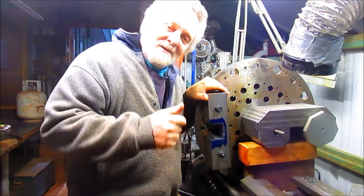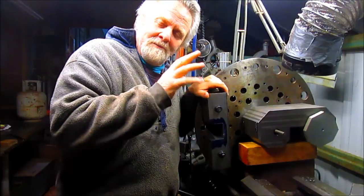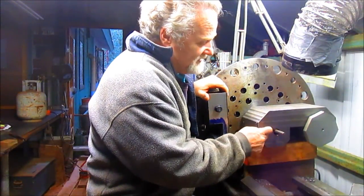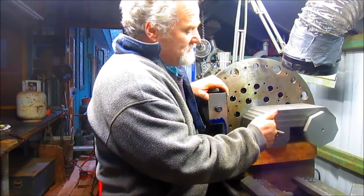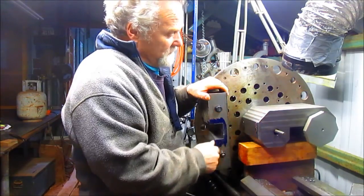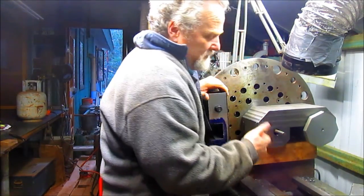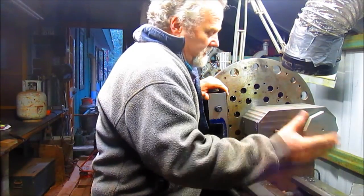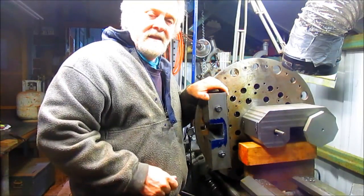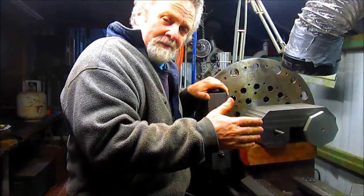We've decided, after waking up in the middle of the night and going, wow, I really need to think about what this next step is going to be. I think what we're going to have to do is take this off of the lathe, because there's no way I can get a true center going on this vertical surface. This thing weighs about 60 or 70 pounds at this point, and I can barely pick it up. So what I'm going to do is take this off, and I built myself a nice solid base for it to sit on, and take it over to the mill, lay it on the mill, set it up,